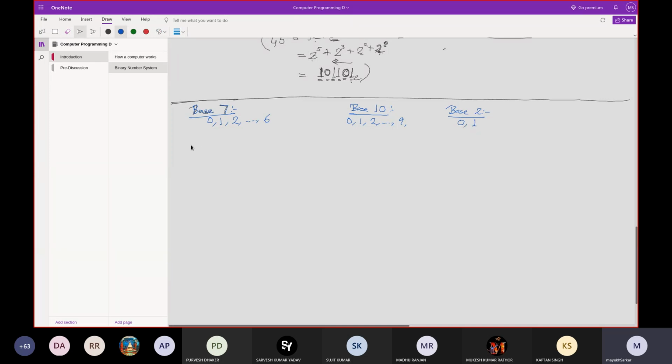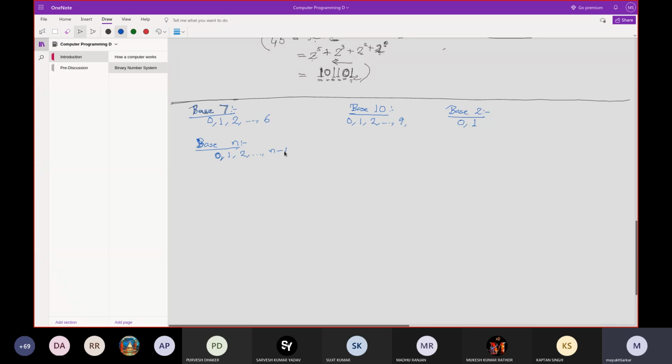In general, if you work in any base, obviously the base can be only some positive integers. In advanced number system study, negative bases also exist, but we are not going to that study, because study of number systems itself is a huge topic. So if I consider base n, 0, 1, 2, all the way up to n minus 1, these are the available digits in base n.